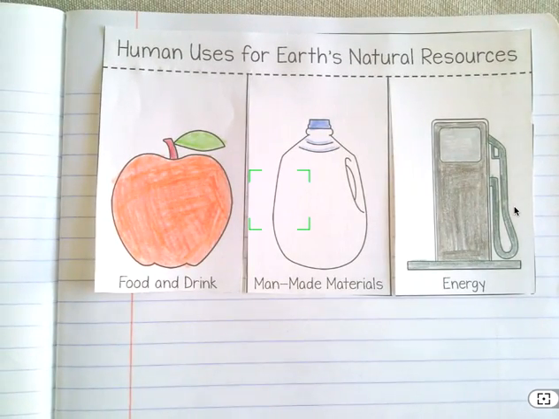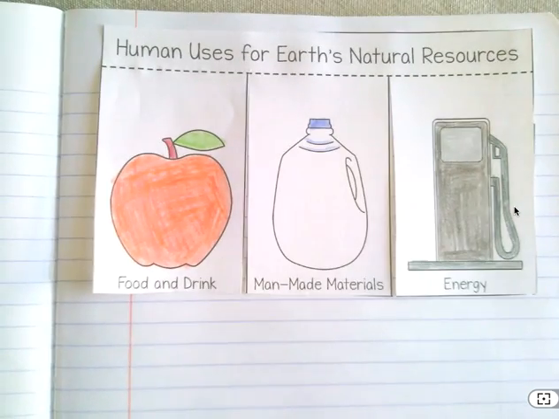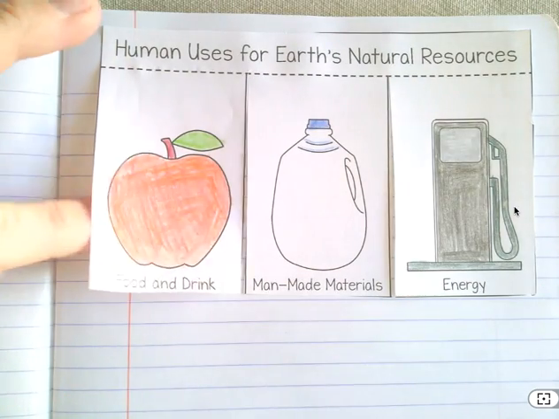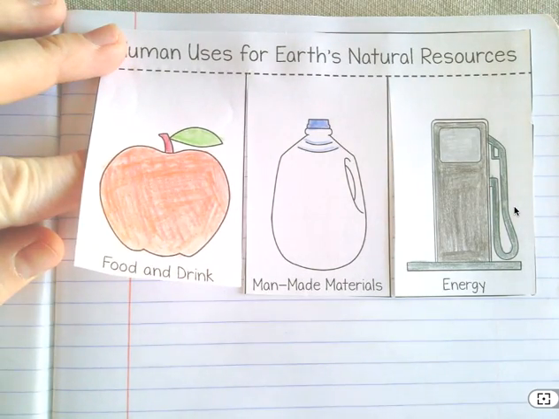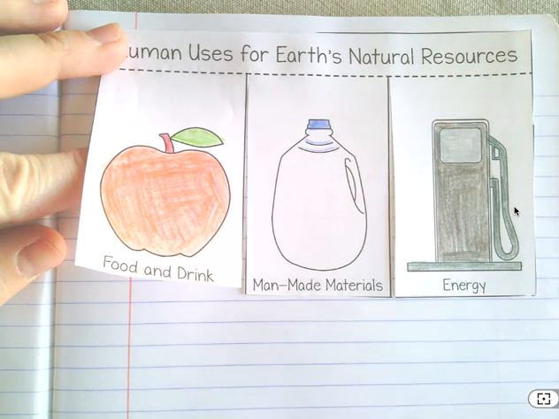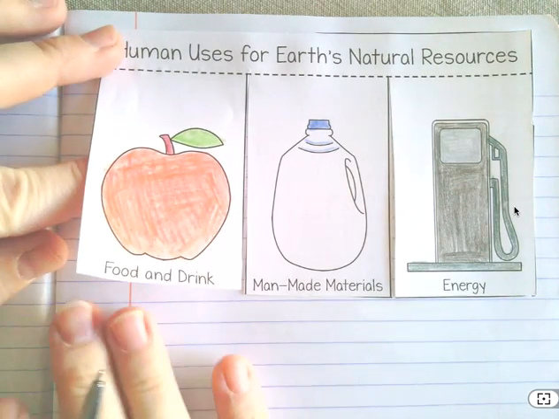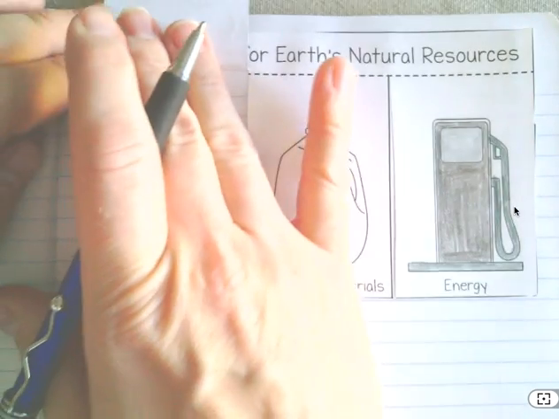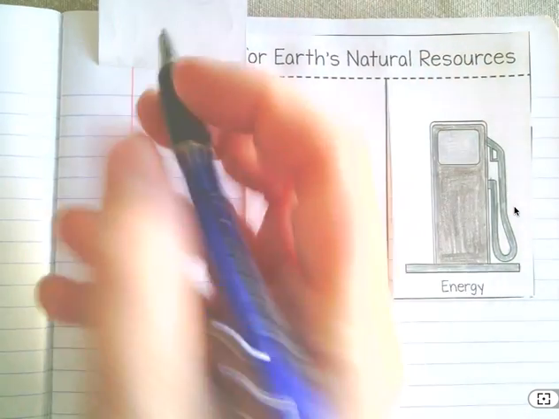Now, food and drink. We get food and drink from the earth. We depend on plants and animals for food, and then we use fresh water to drink. So underneath our first tab here, that's exactly what I'm going to write, is that